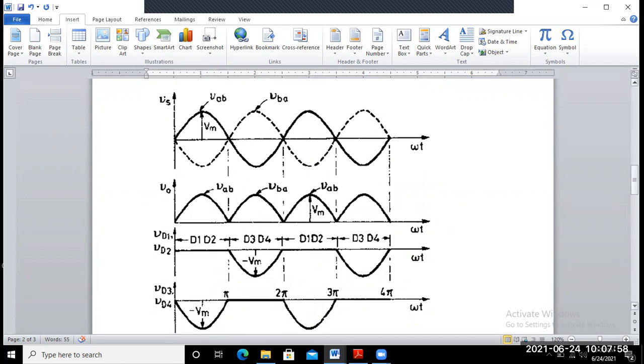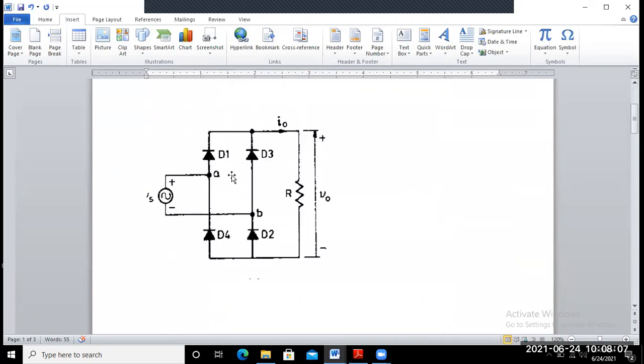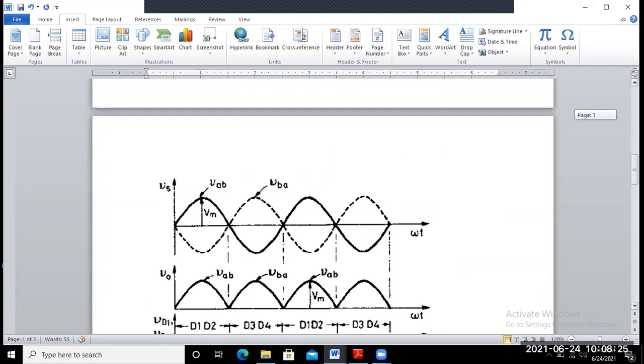Now let's simulate this circuit in MATLAB and obtain the waveforms for the different parameters, that means voltage across the various diodes, and the output current and output voltage waveforms. Okay, so we try to obtain these waveforms from the simulation lab.